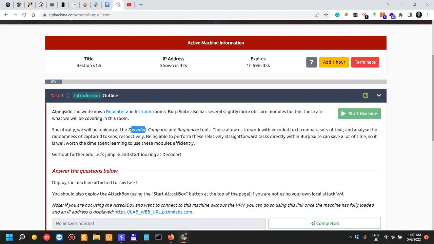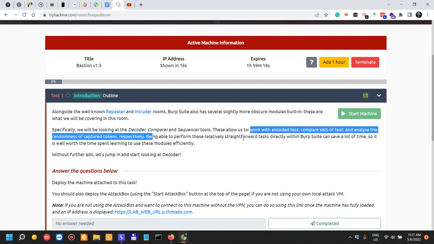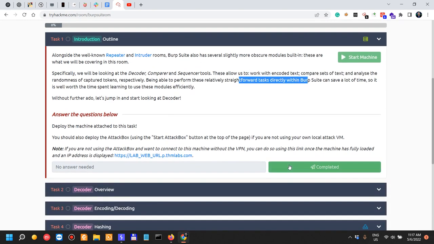You do not necessarily have to go to Decoder, because Inspector usually allows you to do a lot of the decoding tasks, and also you can decode as you type. Compare sets of text and analyze the randomness of captured tokens respectively, that's for the Sequencer. Being able to perform these relatively straightforward tasks directly within Burp Suite can save a lot of time, because you don't have to actually go to